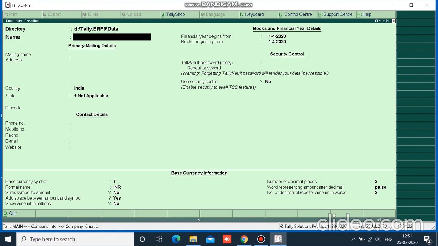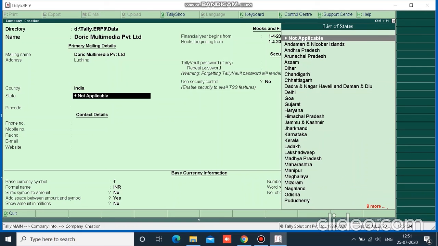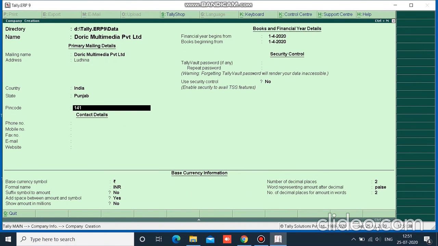and then mention any name. Suppose here I mention Doric Multimedia Private Limited, and then I can enter any address and select a state. Suppose my pin code is... These are basically the details of your company. You can fill in your address, your state, your pin code, your city details, and now comes the contact details of the company. In phone number, you can fill your landline numbers. In mobile number, you can fill any of your phone numbers. In fax number, you can fill your relevant details, email ID, website details,